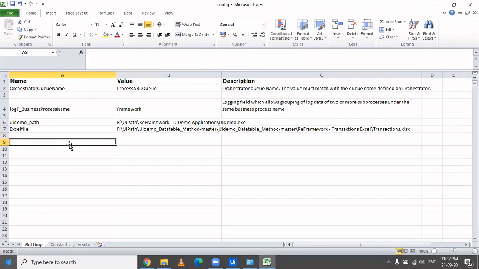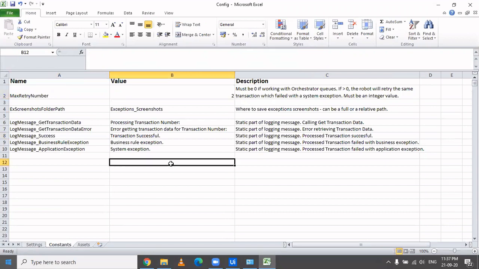Or you store the SAP executable path, the shared drive path where you place the status summary file, the log file path, or where you store the exception screenshots. In constants, you explain all the messages: the system exception message, the business exception message, to whom the mail is being sent, and from which email account it is sent.